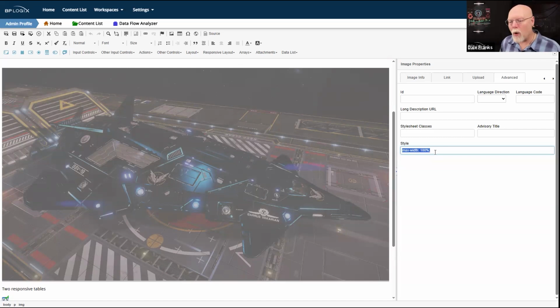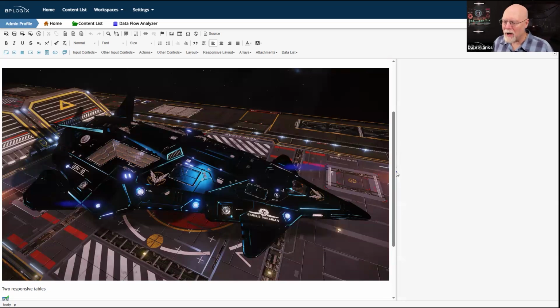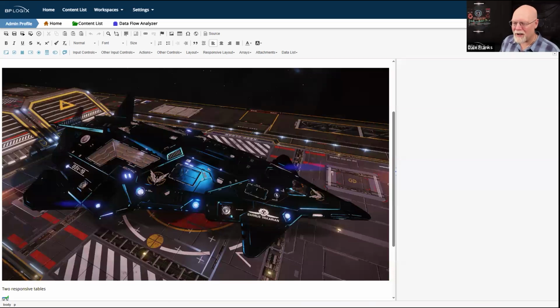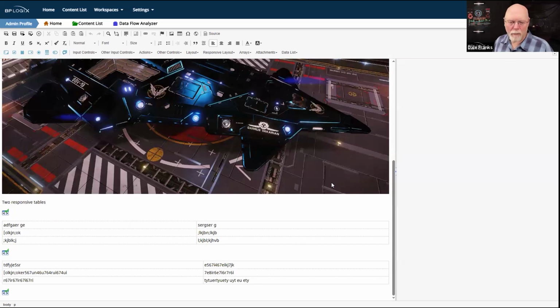And so no matter what size screen you have, the max width CSS property will automatically just resize the image so that it can be seen. In fact, I think it works in the Online Form Designer. If I close the design console, it fills the entire page. And then if I go way back over here to the right and I turn the design console back on, when the design console comes back on, it automatically resizes itself. So the max width is kind of cool.